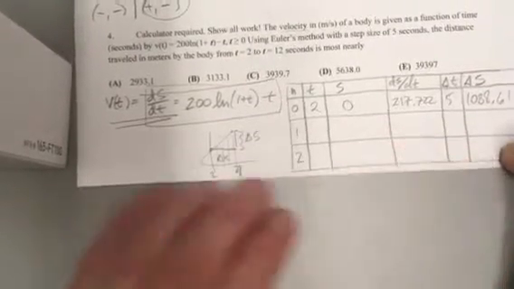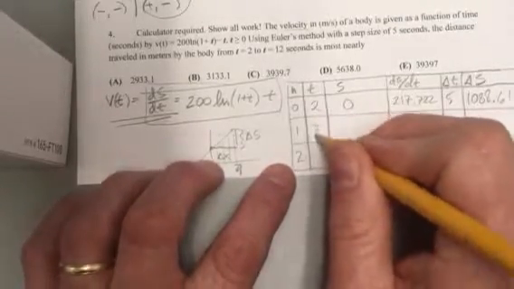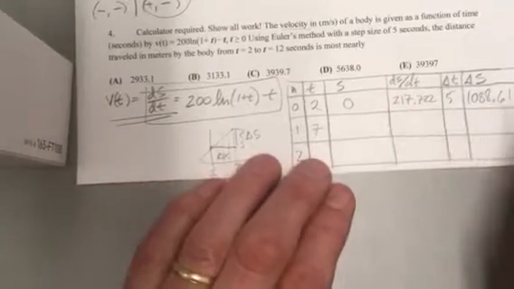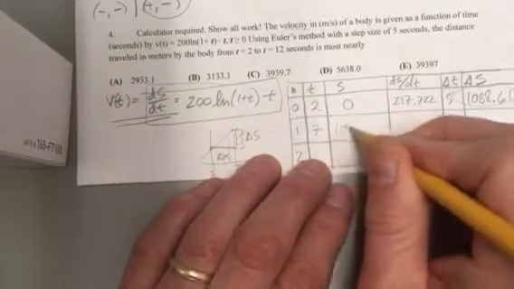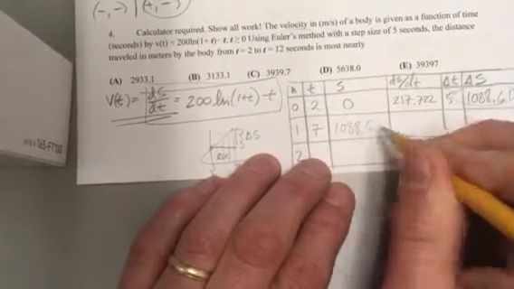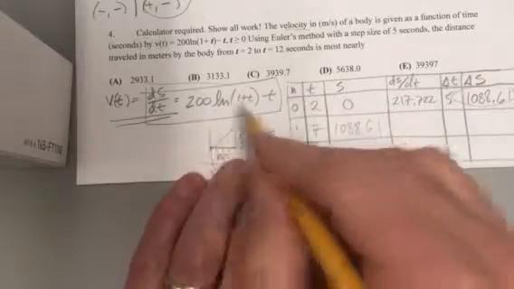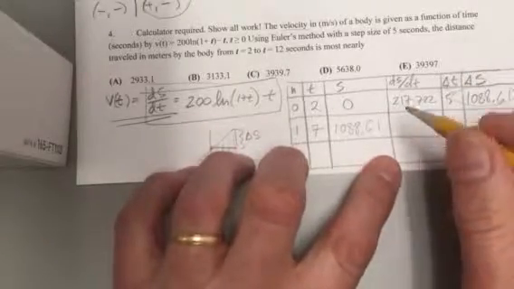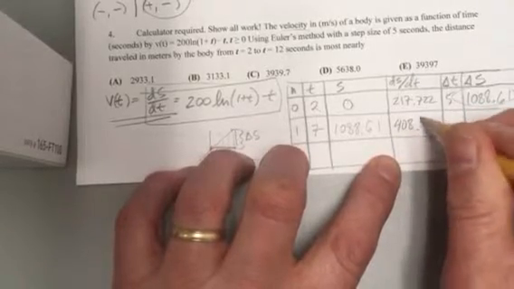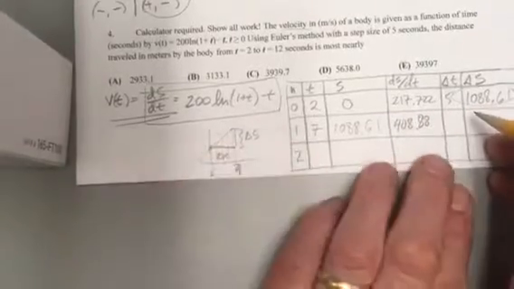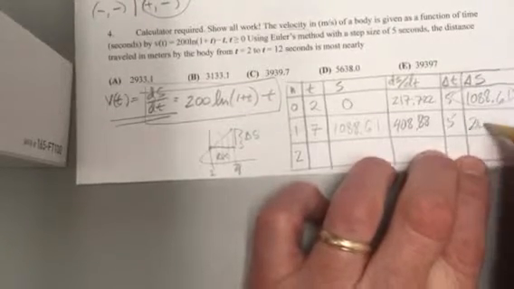1088.61. Khan Academy is very good at getting you organized with these charts. Then when time is at 7, if I started at 0, I've accumulated that much height, 1088.61. Now I put in 7 and I do the 200 ln of 8 minus 7, and I get 408.88. And again, the delta t is just 5, and my new change in the y is